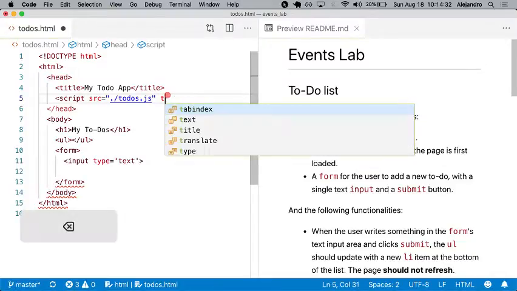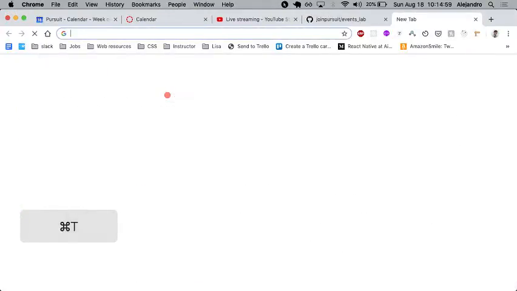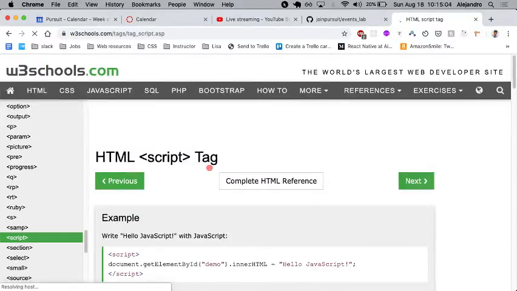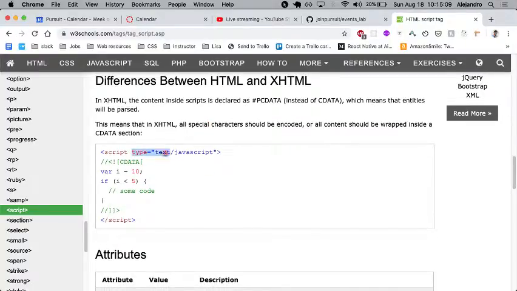There's also a way in which we need to specify, well, we don't need to, but it is good practice to specify what kind of script this is. Does anyone remember where I said this is a JavaScript script? I don't remember if it was type or if it was. Let's look it up. Yeah, this is always good to include